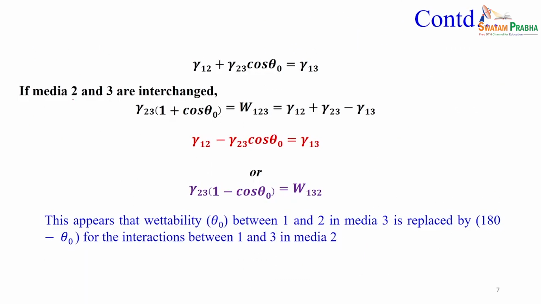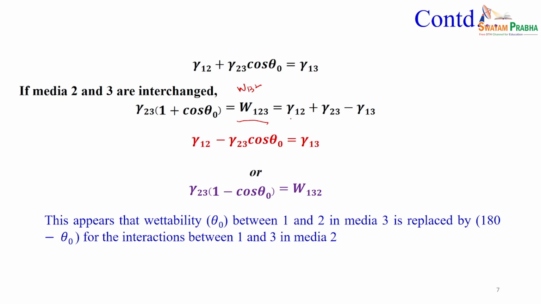So, if the media 2 and 3 are interchanged, it will be gamma 2 3 (1 plus cos theta) is equal to, now it will be W 1 2 3. Earlier it was W 1 3 2, now it will be W 1 2 3, and we can similarly define